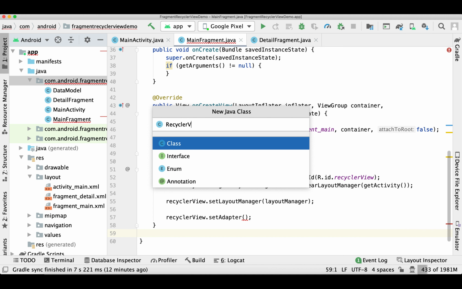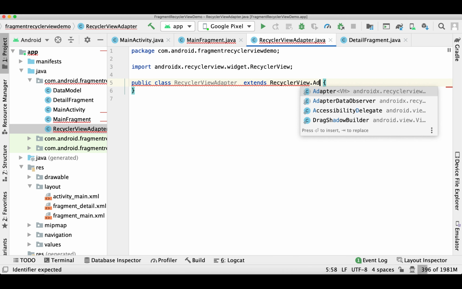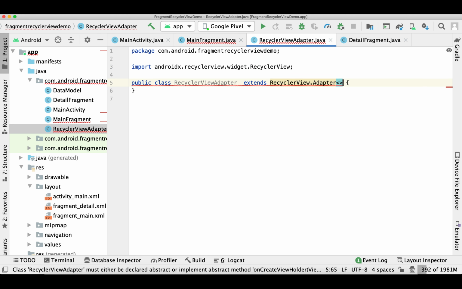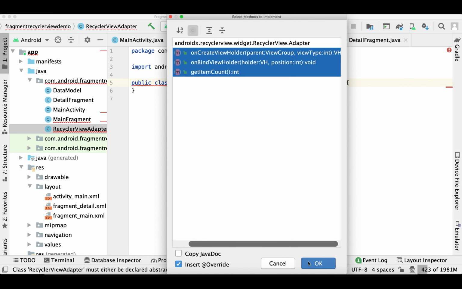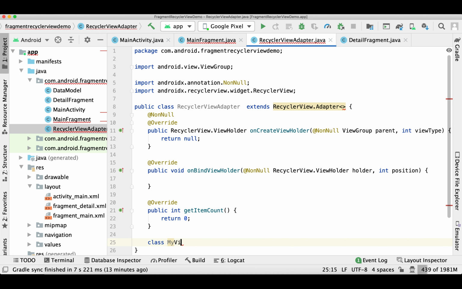Now I'm creating a recycler view adapter. Let's implement our adapter now. This is going to be my view holder.